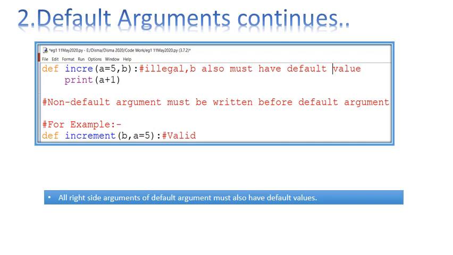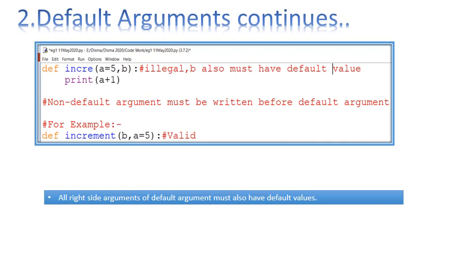It is illegal according to the Python rule. Whenever you are writing a function with default arguments, always remember a non-default argument must be written before a default argument. So the above function definition can be rewritten as